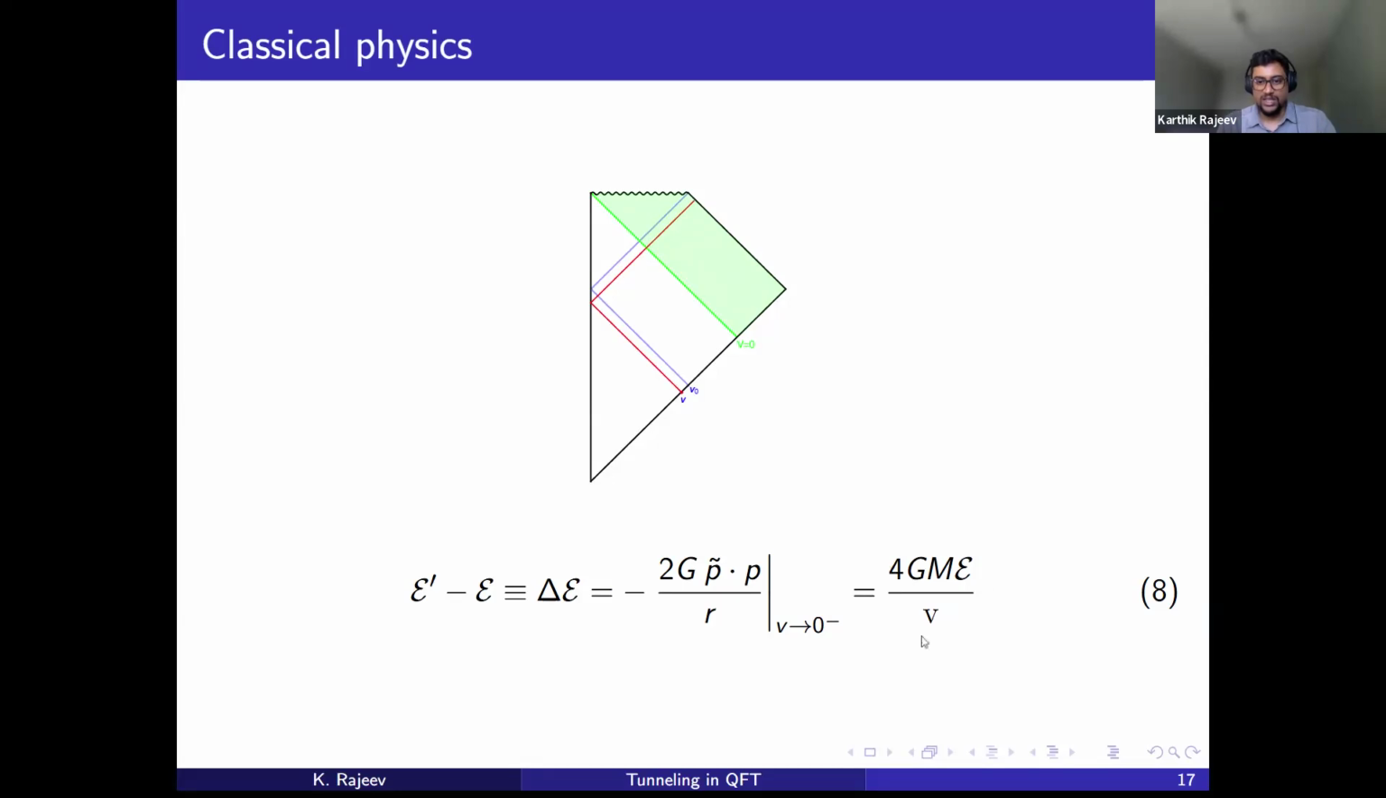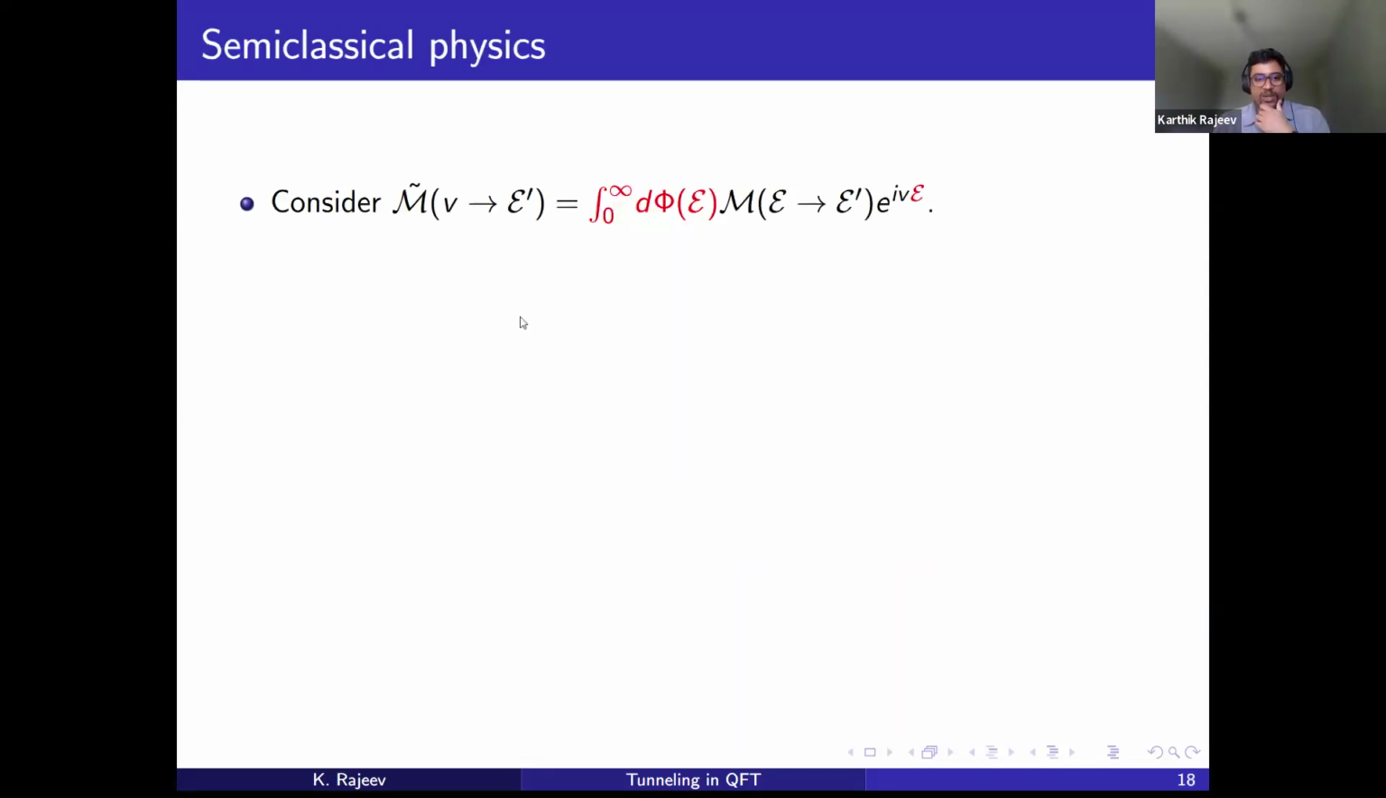Okay. So when you do that, you get this change in energy to be of this form. This is all that you require to compute Hawking radiation. So this is what I'm going to describe now. Now let's come back to this object M tilde, which we described earlier, which was this Fourier transform of the